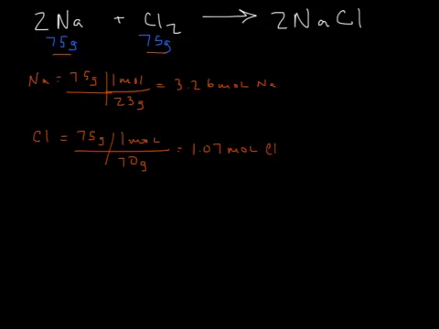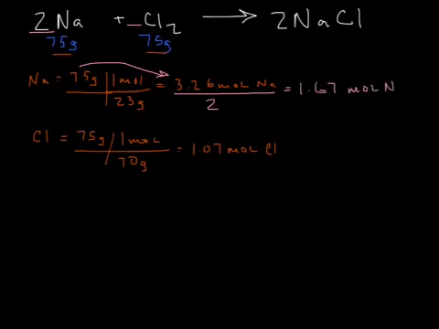Now, you are not done with finding the limiting reactant. Your next step here is we are going to use the coefficients of each. I can see I have 2 moles of sodium. Well, I see that 75 grams is equal to 3.26 moles, but I have 2 moles in this equation. So I'm going to divide sodium by its coefficient and find out that 75 grams is going to give me 1.67